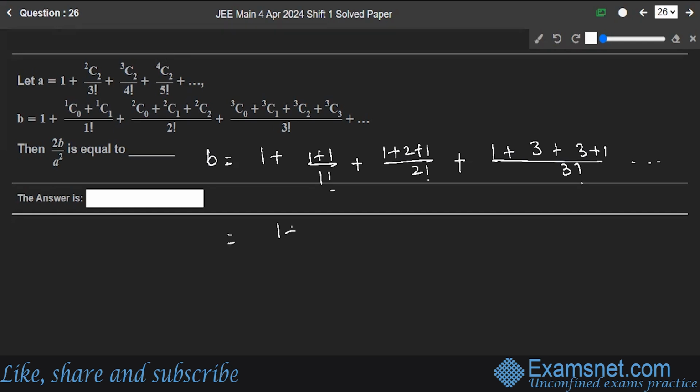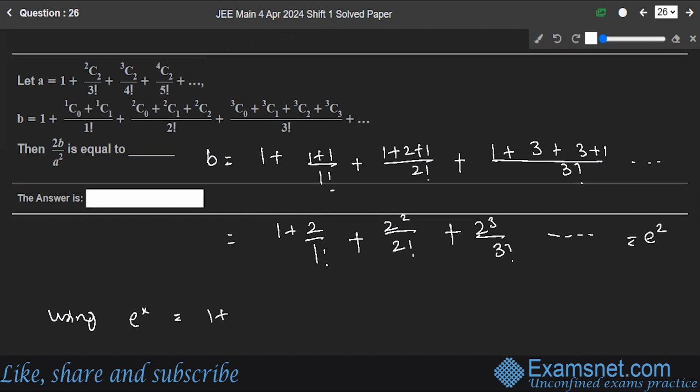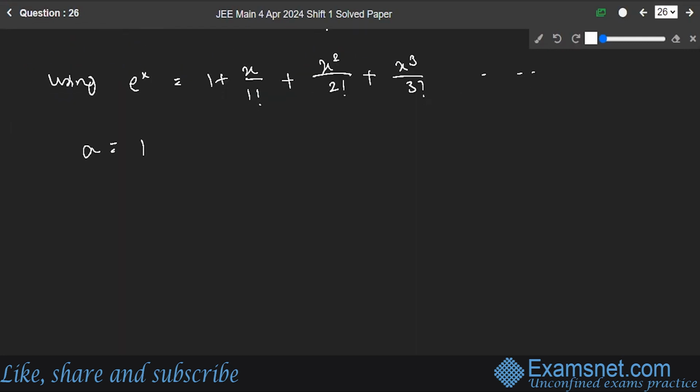So B will be given by 1 plus 2 upon 1 factorial plus 4, which can be written as 2 squared, upon 2 factorial, and this is 8, which is 2 cubed, upon 3 factorial, and so on. Correct. So this is equal to e squared, if you remember the formula for e to the x. Hope you remember it. So now A is equal to 1 plus summation r is equal to 2 to infinity